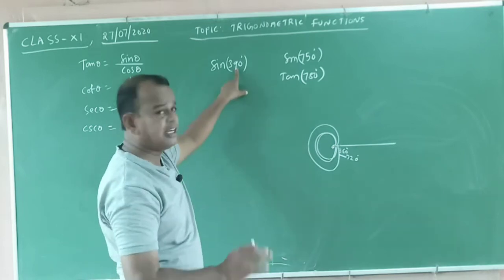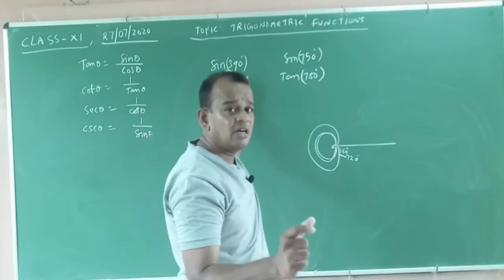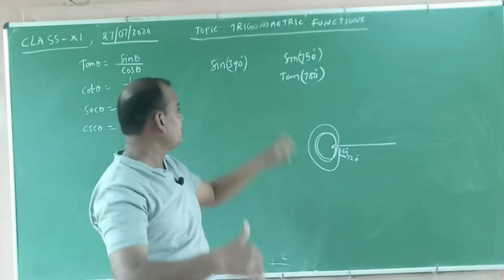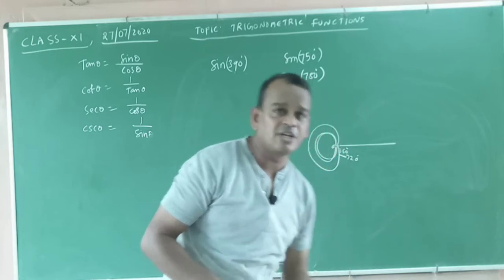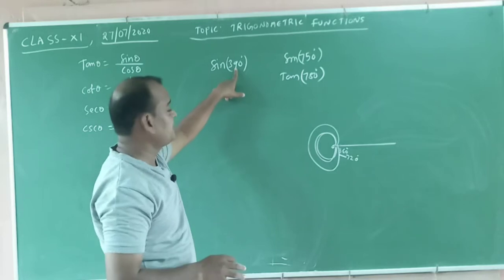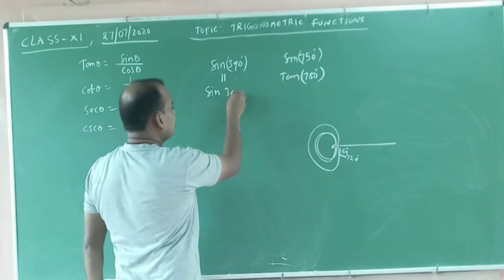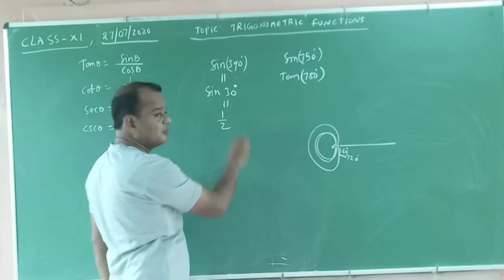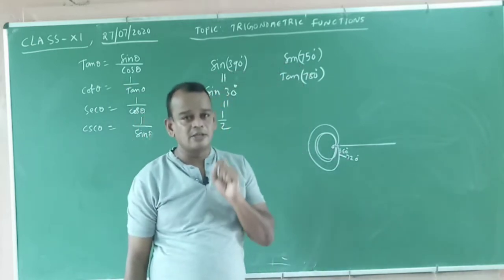After that, 390 minus 360 means in this one we will omit the first rotation, that is 360 degrees. Again we start fresh, 390 minus 360, no change in the trigonometric value. One complete rotation means how many degrees we will decrease? 360 degrees, so 390 minus 360 is 30 degrees. This is nothing but sin 30. Understood? Yes or no? Now sin 30 is equal to how much? 1 by 2.